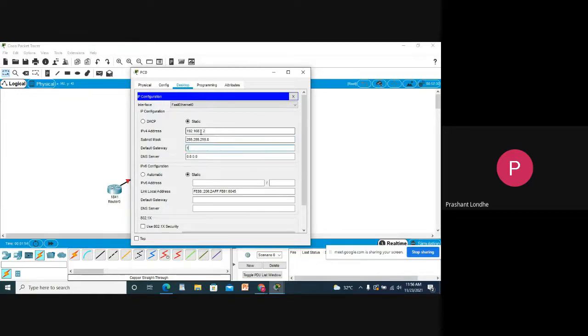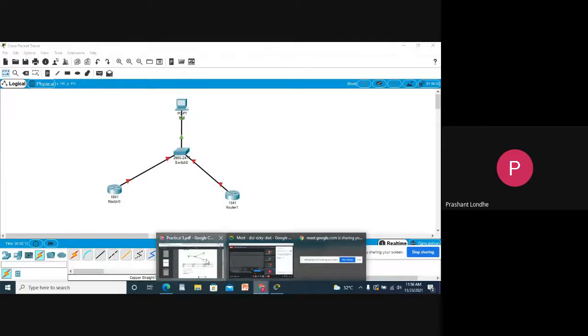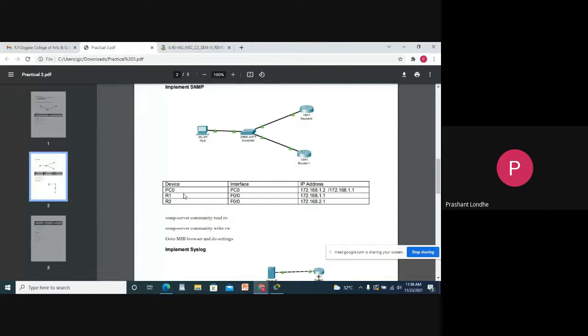The default gateway is, okay, it is 172.168.1.1. Then we need to set router 1 and router 2.